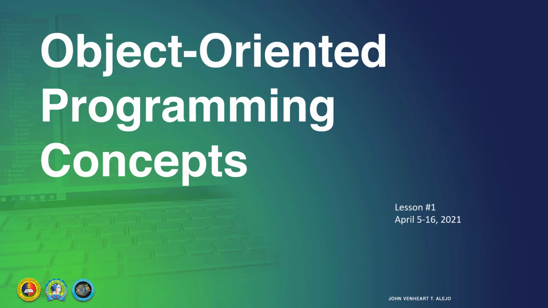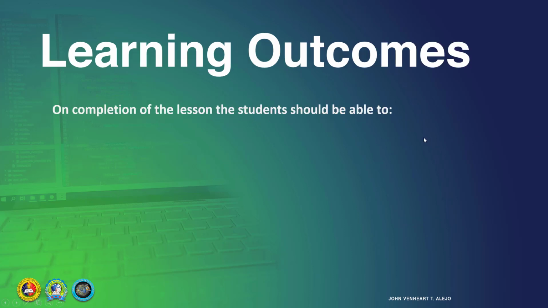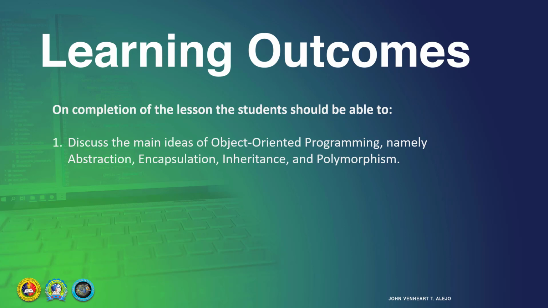So first, before we will start, we need to know what the learning outcomes are. On completion of this lesson, the students should be able to, first, discuss the main ideas of object-oriented programming, namely abstraction, encapsulation, inheritance, and polymorphism. Those are the four principles or concepts of object-oriented programming that we're going to look into